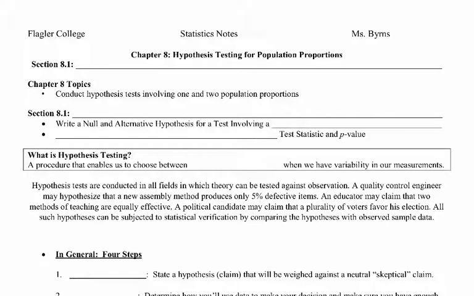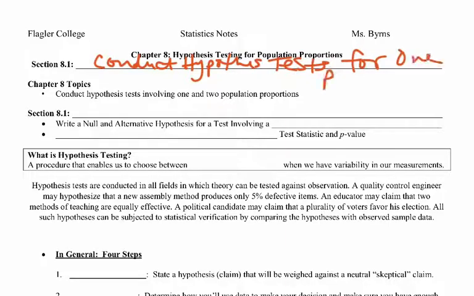Let's take a look at section 8.1. So we're starting chapter 8, and chapter 8 is all about a technique called hypothesis testing. So the name of the chapter is just conduct hypothesis tests for one population. You can do it with two populations, but we're going to stick to just one population this semester in our course. So it says section 8.1, the title of 8.1 are the essential